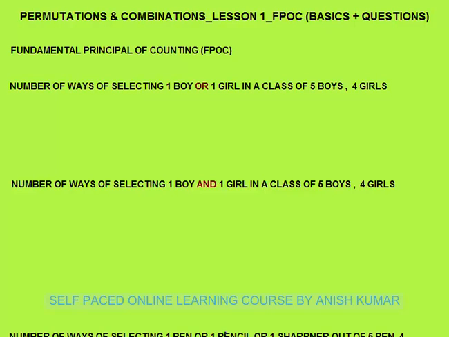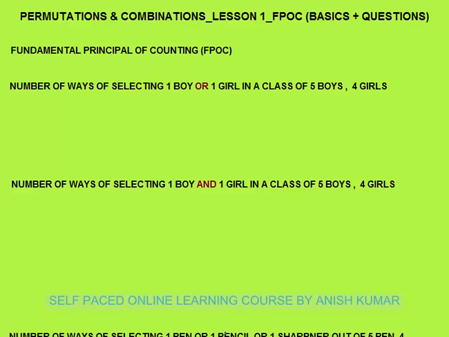Now this chapter for most of the students is difficult, but frankly speaking, if you understand the basics, this chapter is very easy as you can solve the questions in this chapter in least possible time. The questions on PNC, that is permutation and combination, in general are not time taking. The only thing you need is to understand the basic concepts.